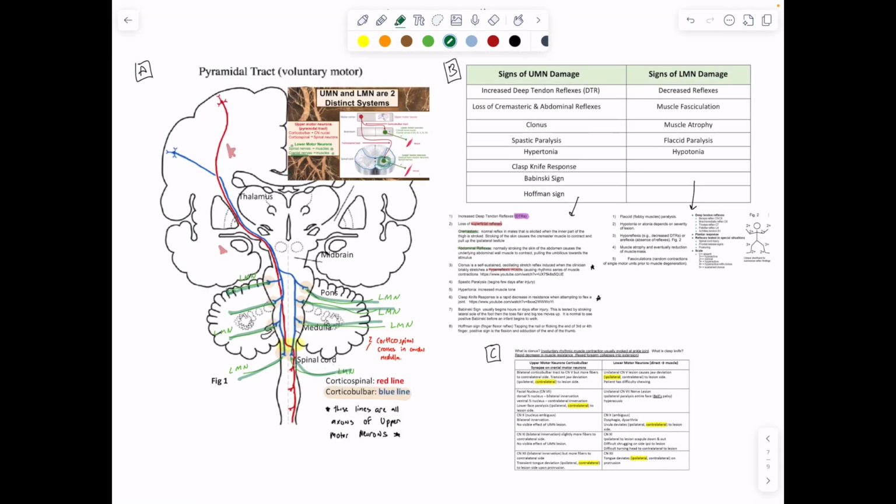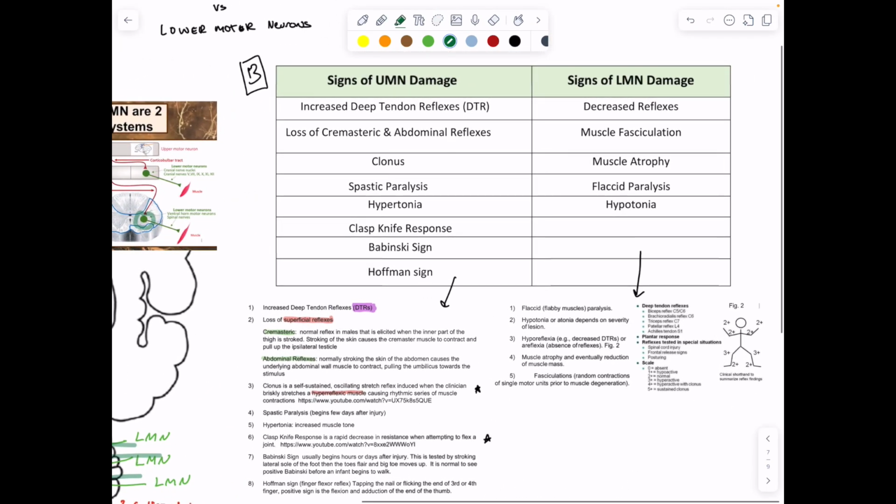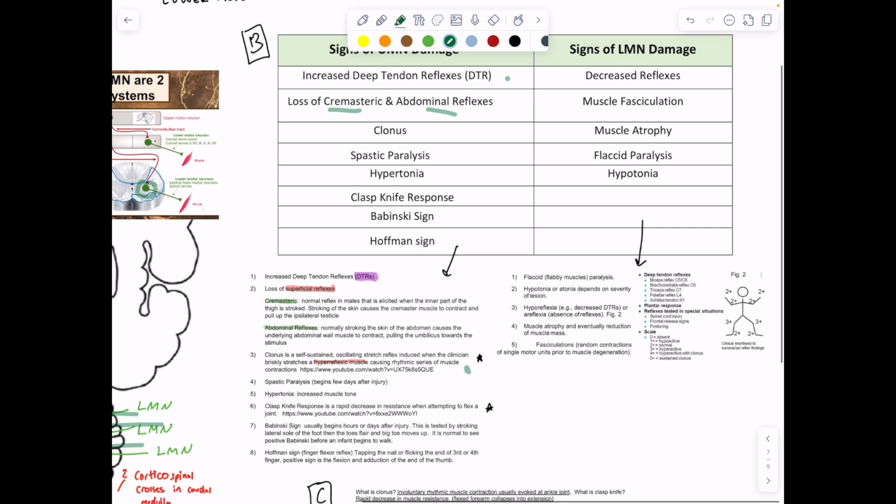Okay, so signs of upper motor neuron damage. We kind of just talked about this, but increased deep tendon reflex, right? Get hit with the hammer, kick out really hard. Loss of the cremasteric reflex, loss of the abdominal reflex, clonus, a self-sustained oscillating stretch reflex when the clinician briefly stretches a hyperreflexive muscle, causing a rhythmic series of muscle contractions, spastic paralysis, hypertonia, which is increased muscle tone, the clasp-knife response, a rapid decrease in resistance when attempting to flex a joint, Babinski